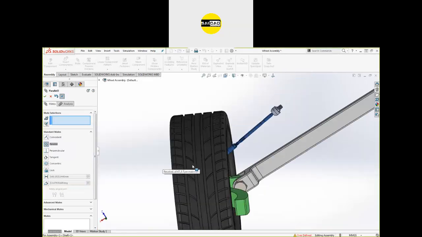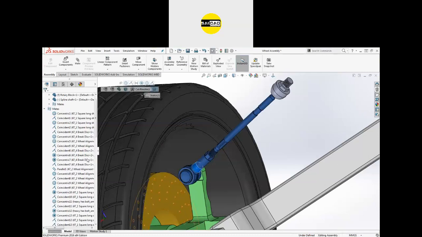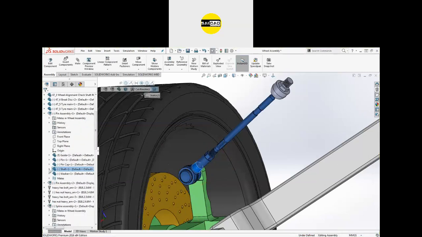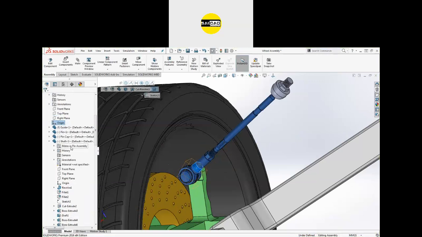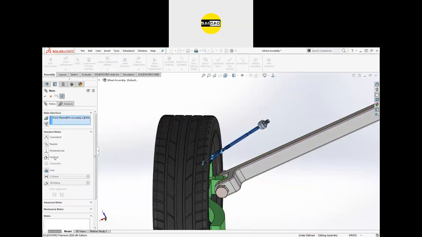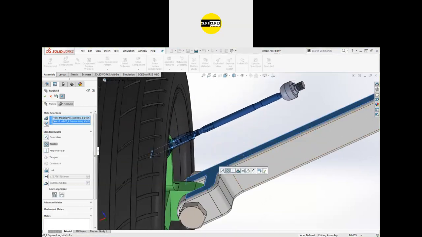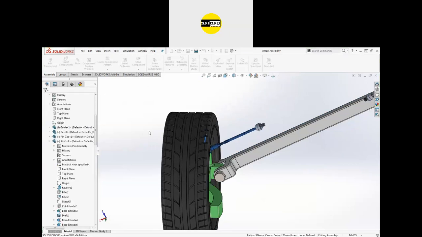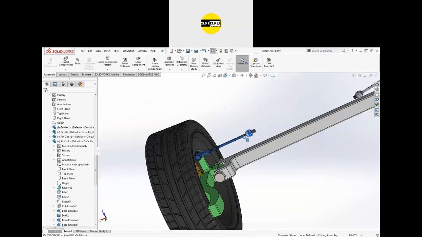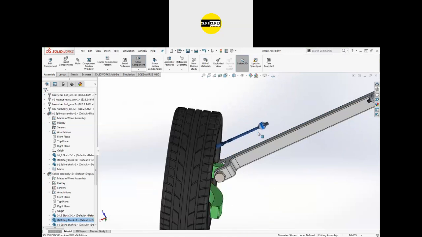So we have to use the plane or something like that. So I'm going to first use the object, this one. There is the object, which is the shaft. Okay, and in the shaft I think we have a plane like that. So go to the mate. I'm going to make that plane parallel to this one. Now if I click OK, you can see that if I move the object, this shaft remains parallel. Okay, like that.